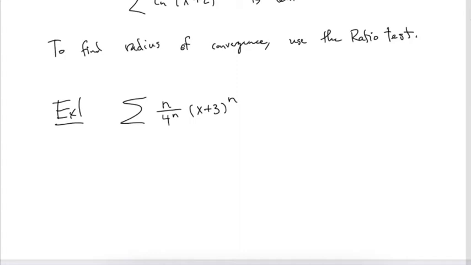The center is simple. Somebody want to tell me what's the center of this power series? Negative 3, he says. I agree. If it says x minus, then that number which is being subtracted is the center. When it says x plus, it means x minus negative 3. So the center is